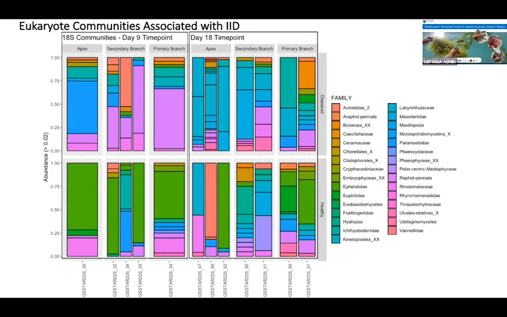For the day 18 samples, most of the diseased tissues are dominated by reads assigned to Labyrinthulaceae and Thraustochytridae. So some labyrinthulids are known to be parasitic, but we were unable to see any evidence of this in our microscopy. But we also know that other labyrinthulids are saprophytic, and described species are often associated with aquatic detritus. So it may well be that these taxa are present as opportunistic saprophytes, feeding on damaged tissue rather than being parasitic.